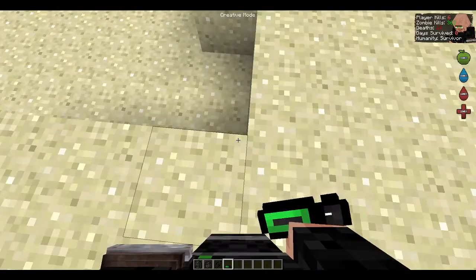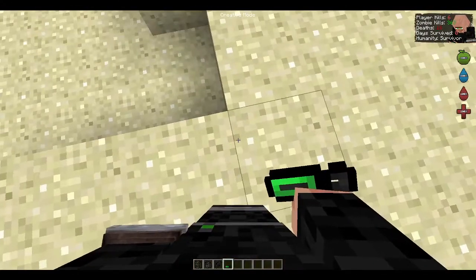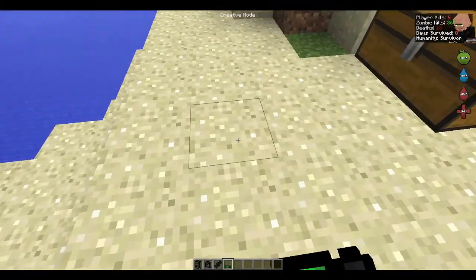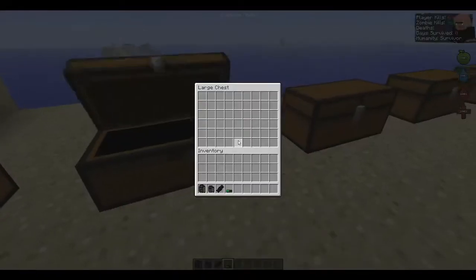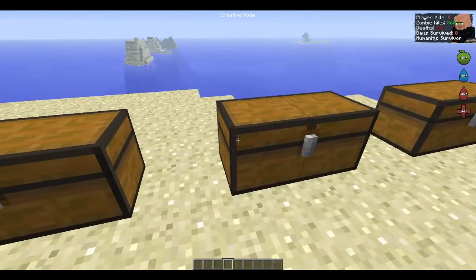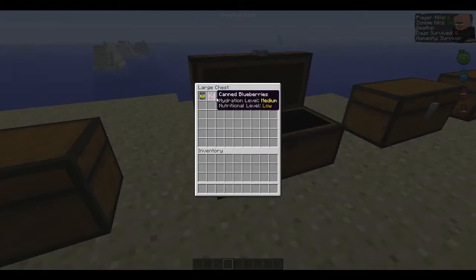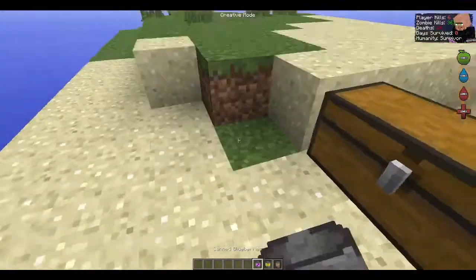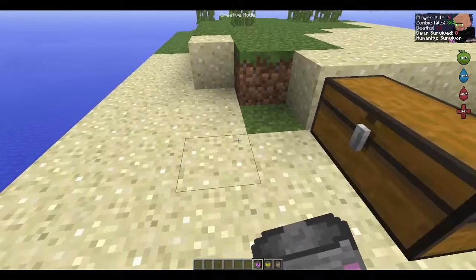They're the second best. And then you have fanny packs, which look cool, but they are pretty terrible. They only give you an additional 3 inventory spaces. And you can only have one of these, so try to get a backpack or a large backpack, because they are just better. So, the mod also adds lots of new foods in, mainly canned foods, seeing as in